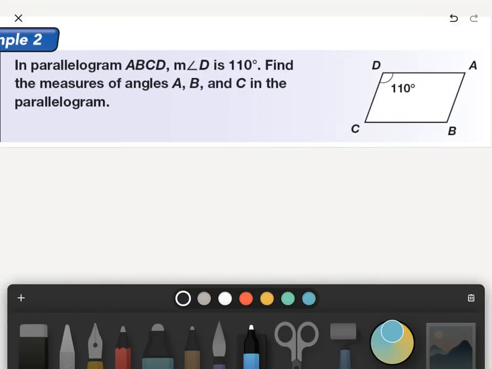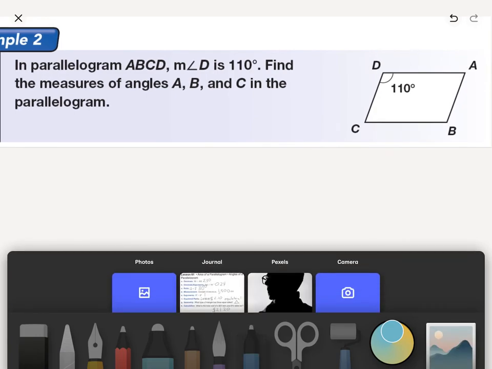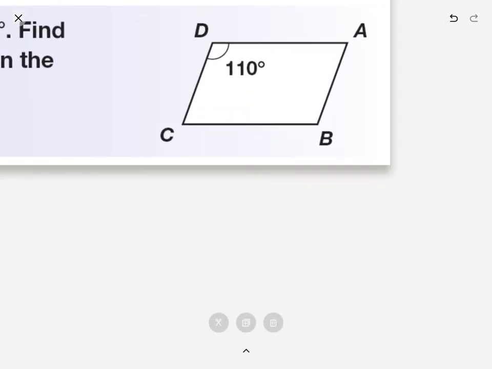And then this is also pretty simple. ABCD is a parallelogram. The measure of angle D is 110 degrees. Find the measures of angles A, B, and C in the parallelogram. And so